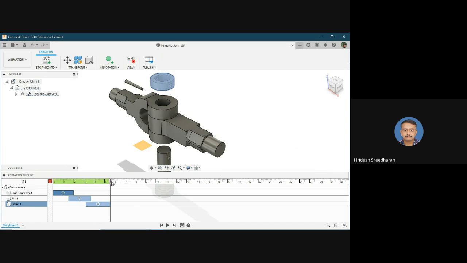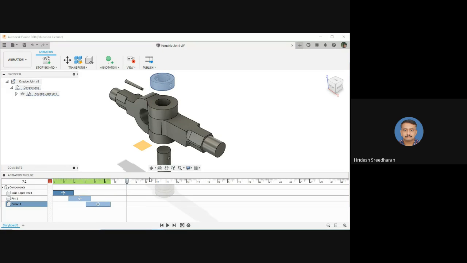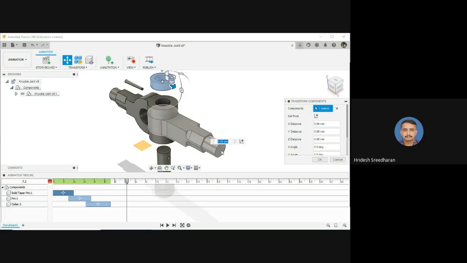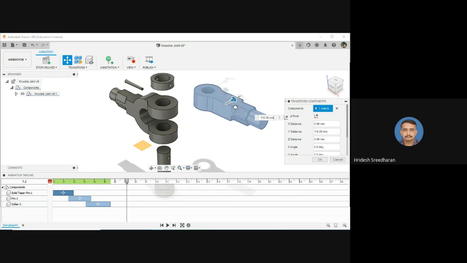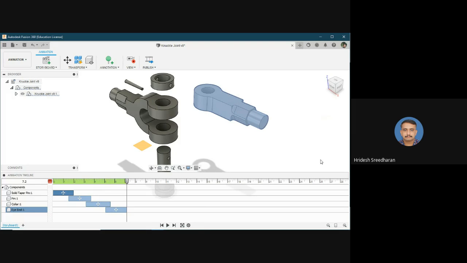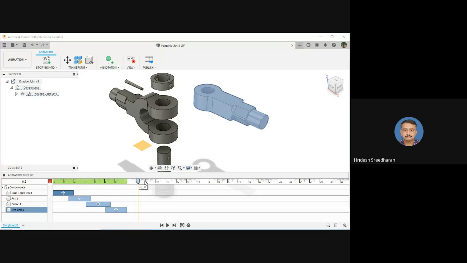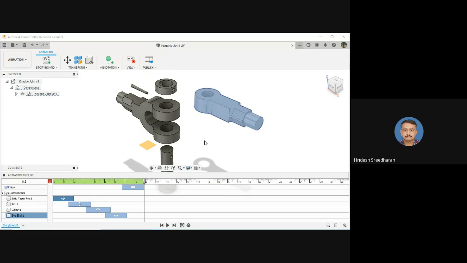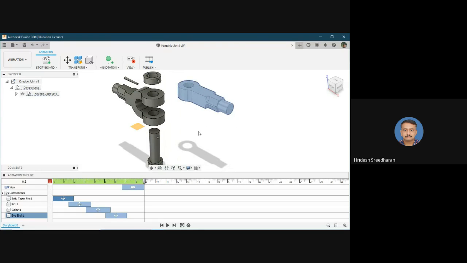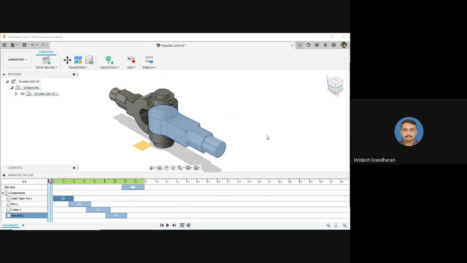Again you move forward, transform, select this component and just remove it out. And just moving it a bit forward and zooming in and out. That's also captured in this. So now let us rewind the animation storyboard and play it together.